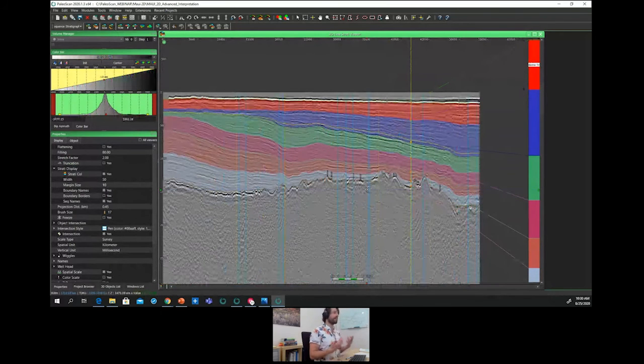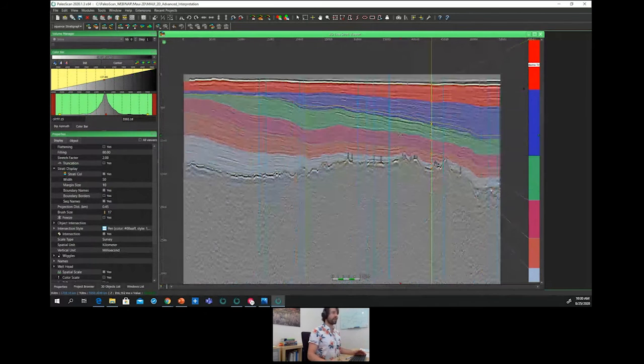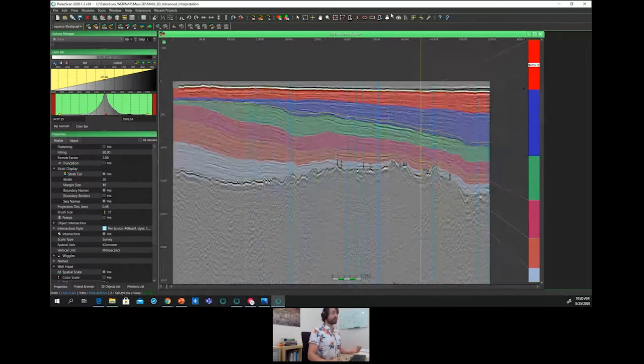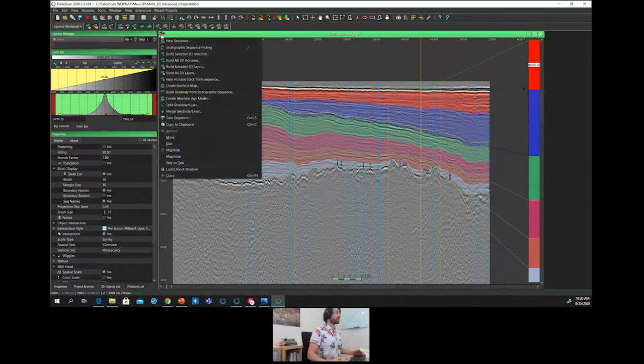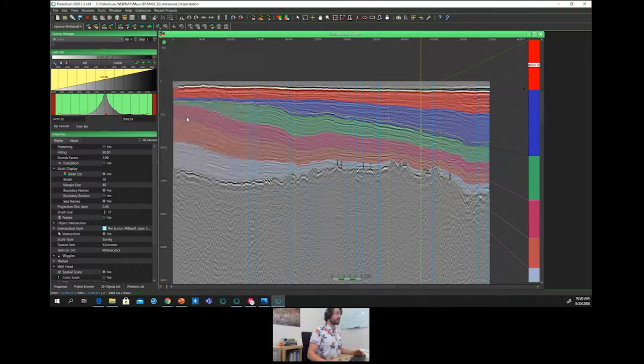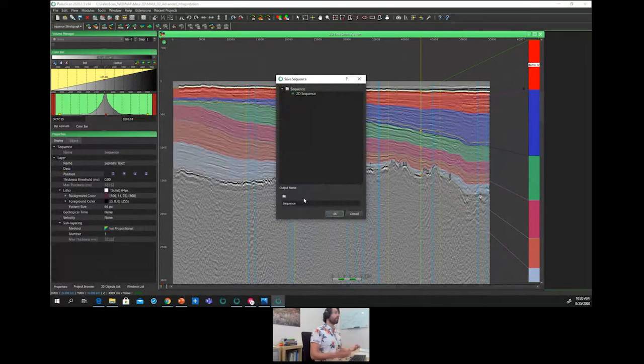So this workflow enables the user to create a stratigraphic framework and potentially a chronostratigraphic chart. This sequence can be saved. We just have to go to the context menu and save sequence in order to preserve the work.